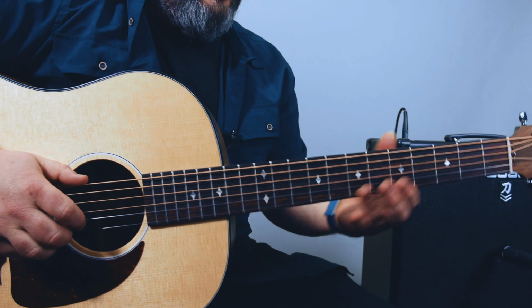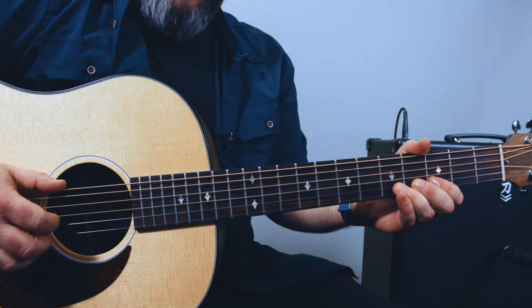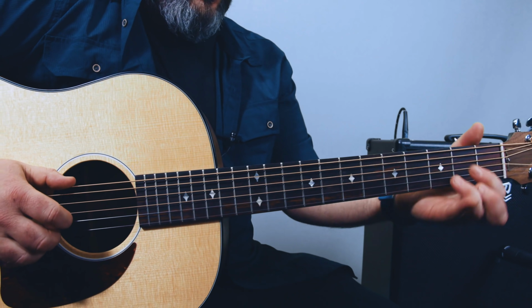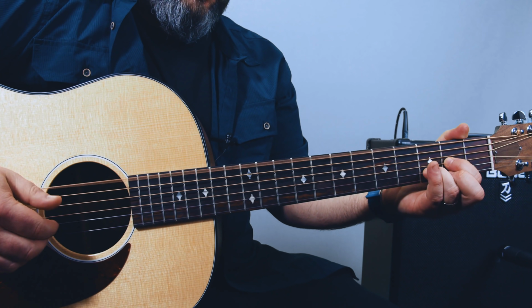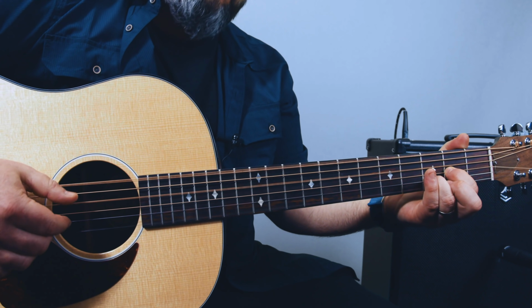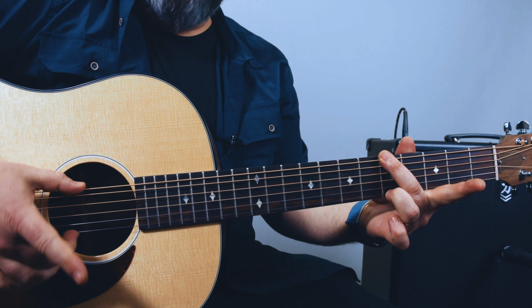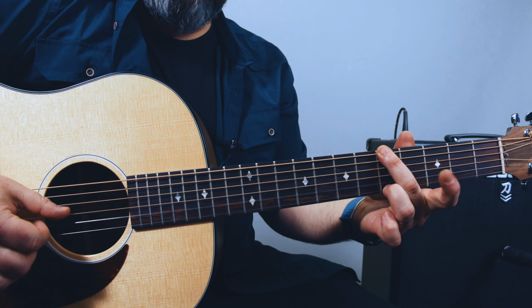So this next little piece I'm going to walk you through, the pattern reverses a little bit, but I'm just going to walk you through all the pieces. So far, the song is... and this one...